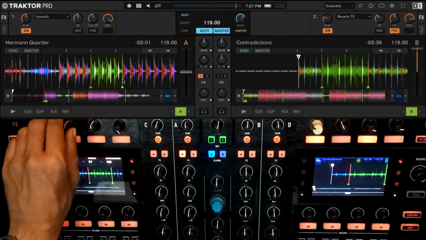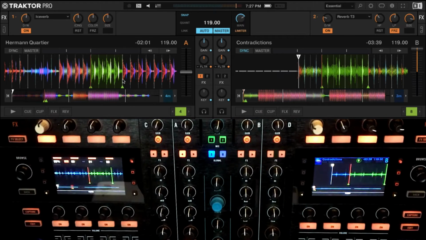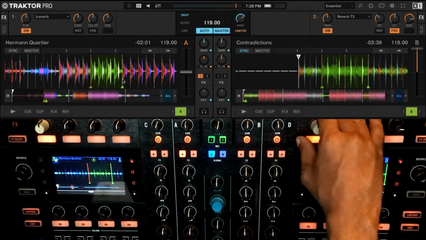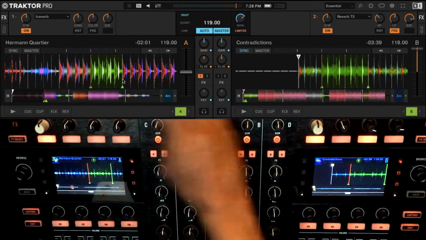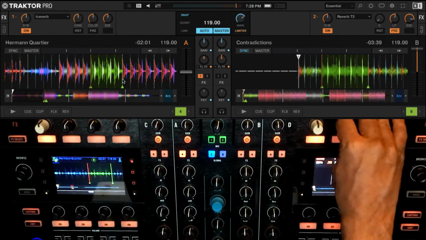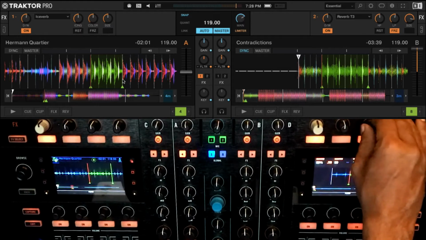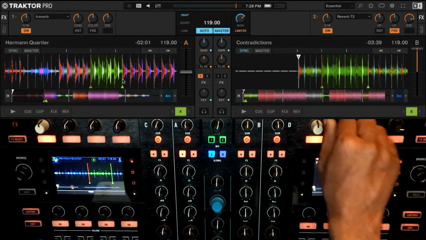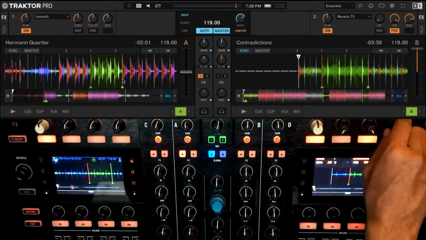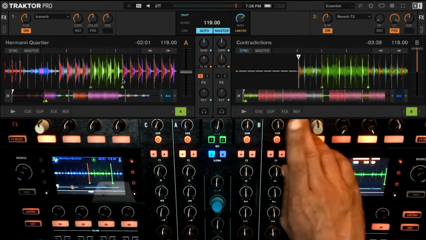So I can sort of get this very gentle reverb that's more atmospheric, not very prominent. But on the other side, I have the Reverb T3. So let's set both these guys at similar values. Here I have a filter, but there I have color. So essentially I'm just going to set the filter in the center. I'm going to set the size to the center.